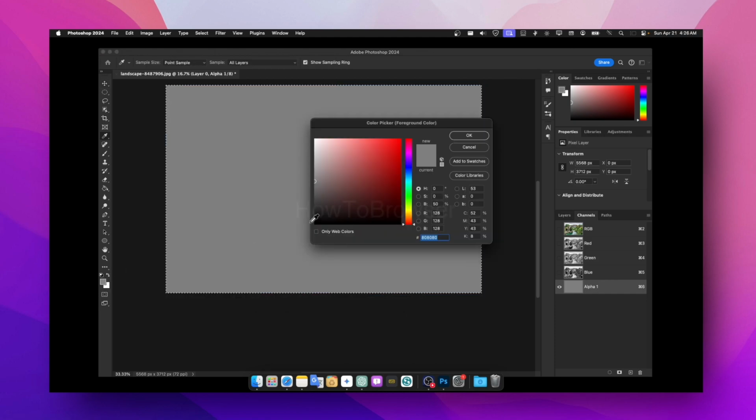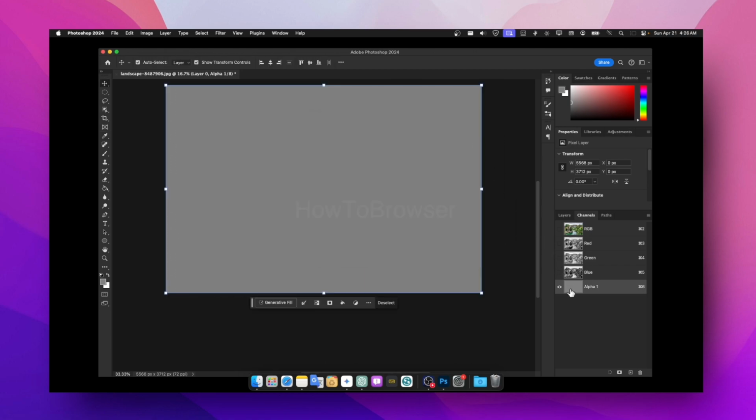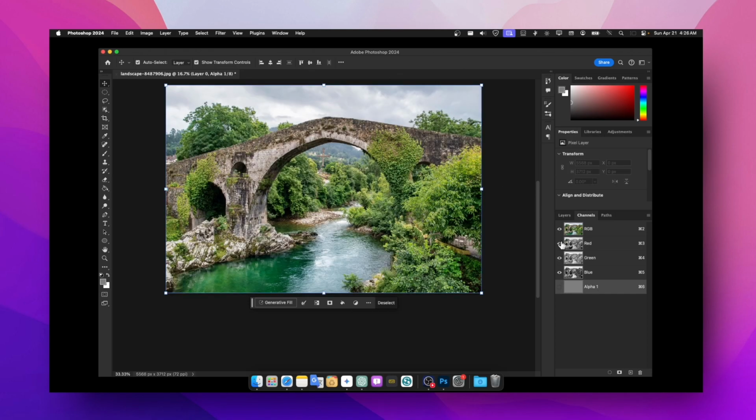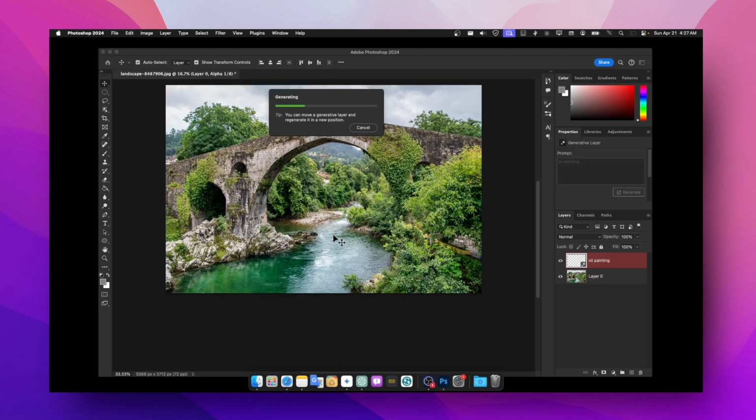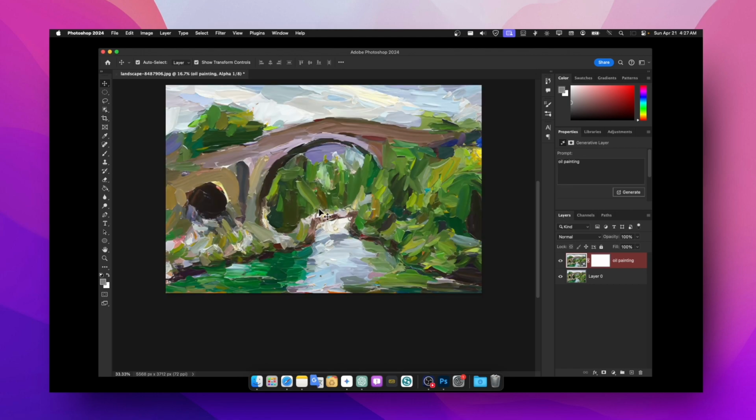Okay, it's 50 here, and then press command and select this. Okay. Now let's go back and click here and just try again, oil painting. And that's okay. Now we have an oil painting,